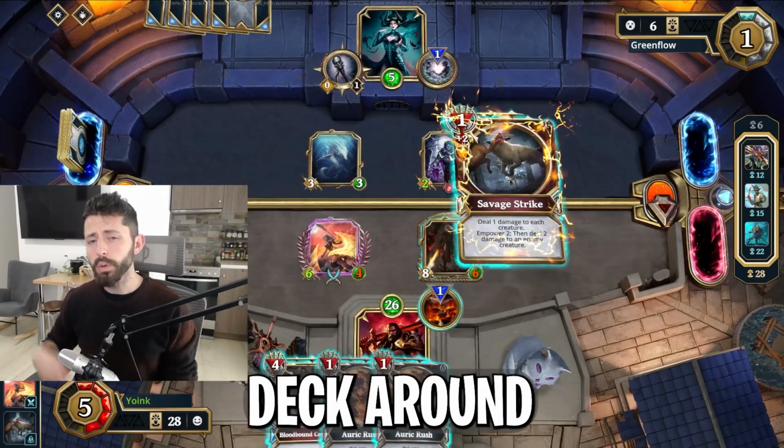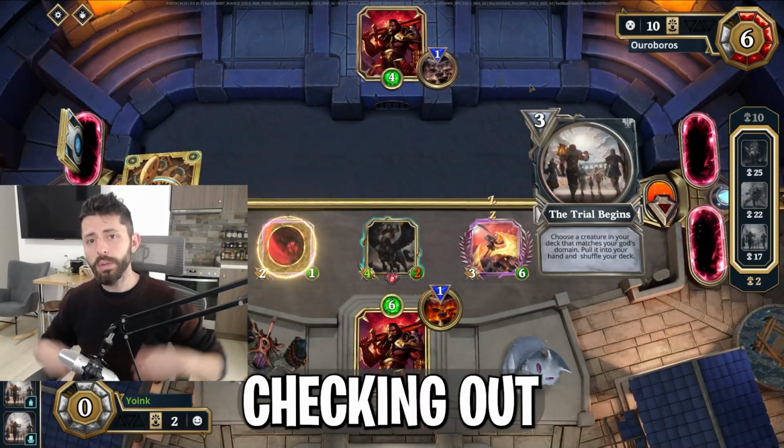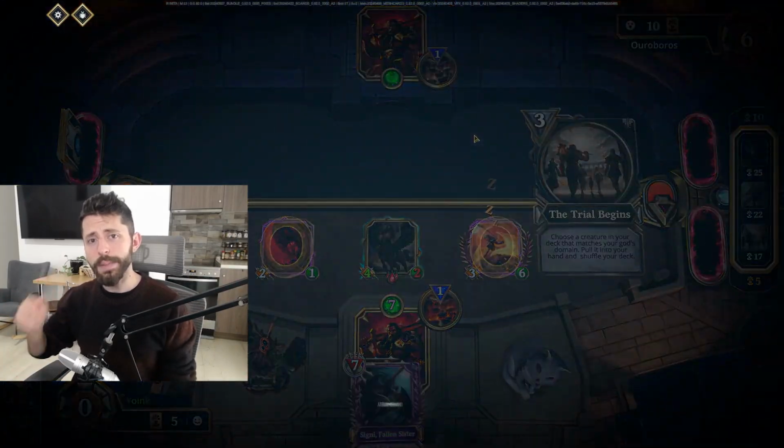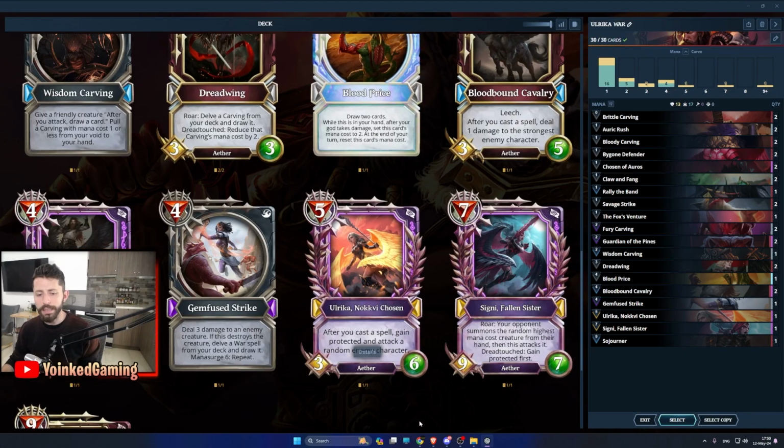Can we really build a deck around War Ethers? Today we're going to be checking out a crazy carvings deck featuring some new cards from the Dread Awakening expansion. Let's immediately dive in. The win condition of our deck is going to be Ulrika, the Nokvi Chosen, a unique